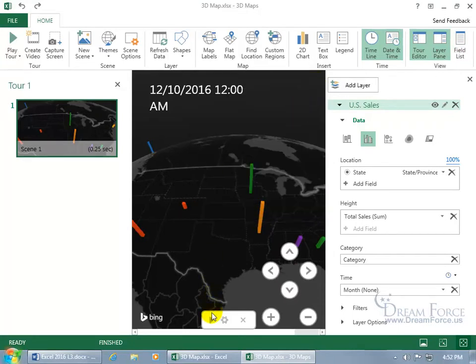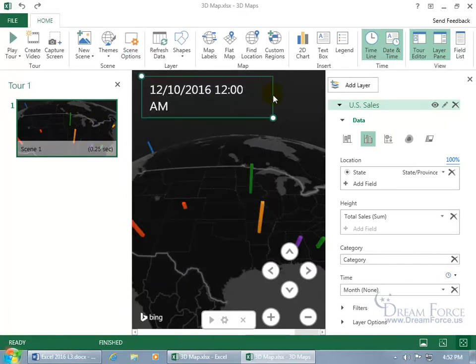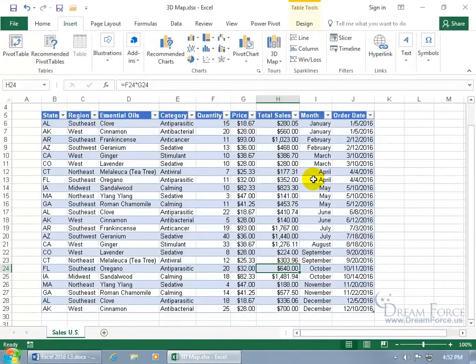And down below the timeline control bar, you also have setting options for that. Click on that. Same thing that you get up here for your scene options. If you want to change it up here, it brings up the same window. And then when you're done, you can just go ahead and close out. It saves it, because when you want to view it